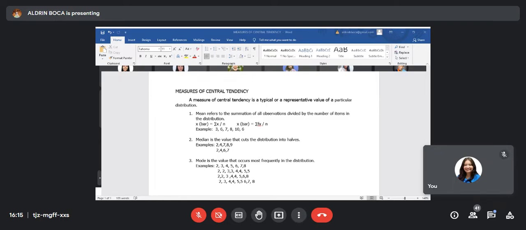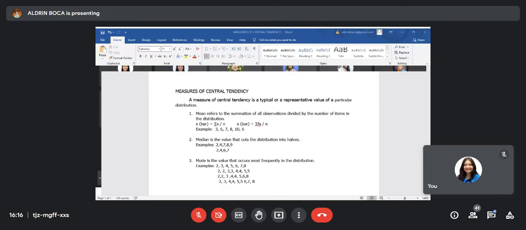So in this sense, the first example and the second example are both in ascending order, meaning you list down first the lowest score going to the highest score. But the distribution may also be arranged in descending order, wherein you begin with 9, 8, 7, 4, and 2. So beginning with the highest down to the lowest score in the distribution. So before you can identify the median in an ungrouped distribution, you should arrange first, as I have said, the scores, whether in ascending or in descending order.